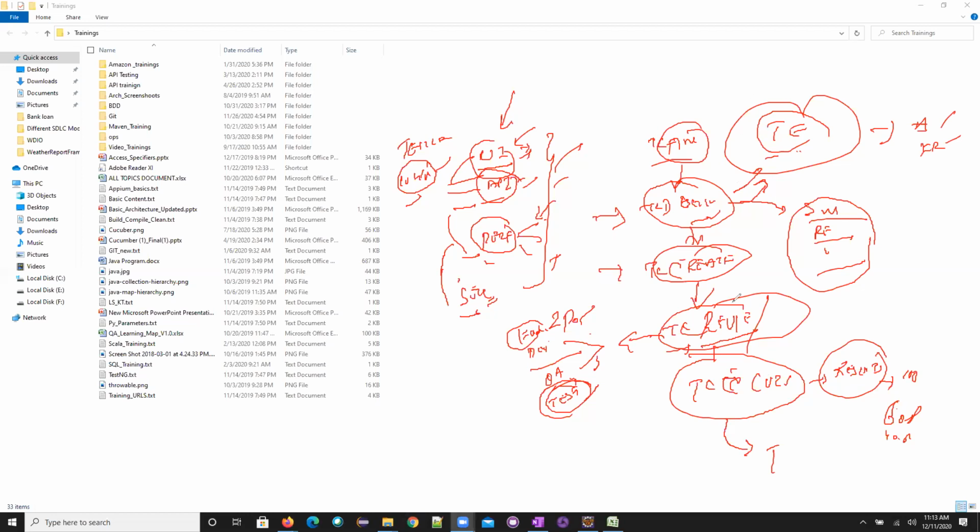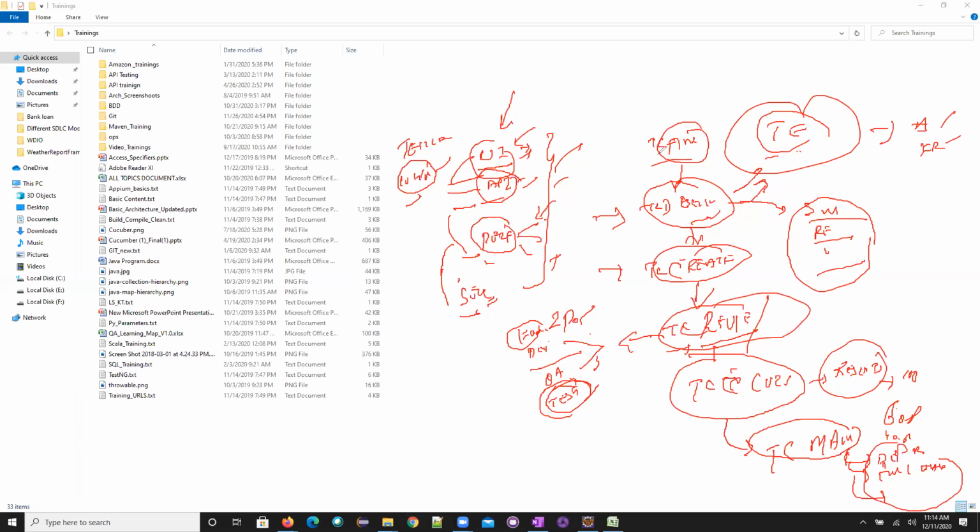So test case maintenance is nothing but, we have created those test cases, and now I should maintain them. If there is any change, I'll change that test case, enhance it, and maintain these test cases. Here you will have phases: if you want to deprecate a test case, you'll deprecate it. If you want to enhance a test case, you'll enhance it. So here you will be doing the following actions.